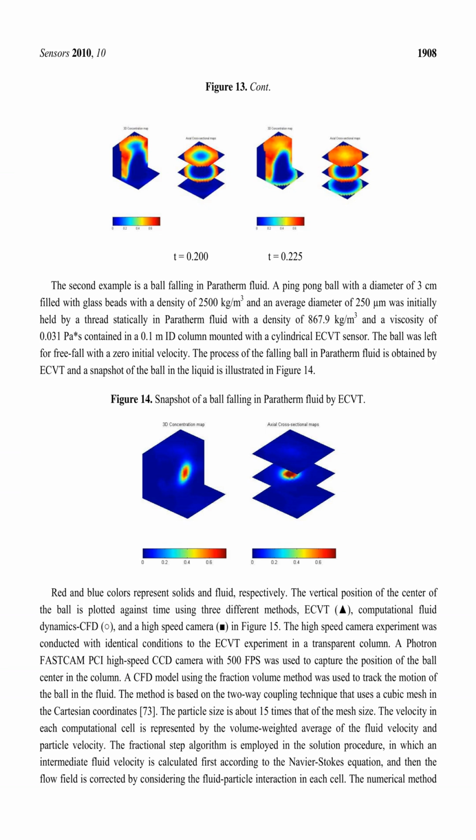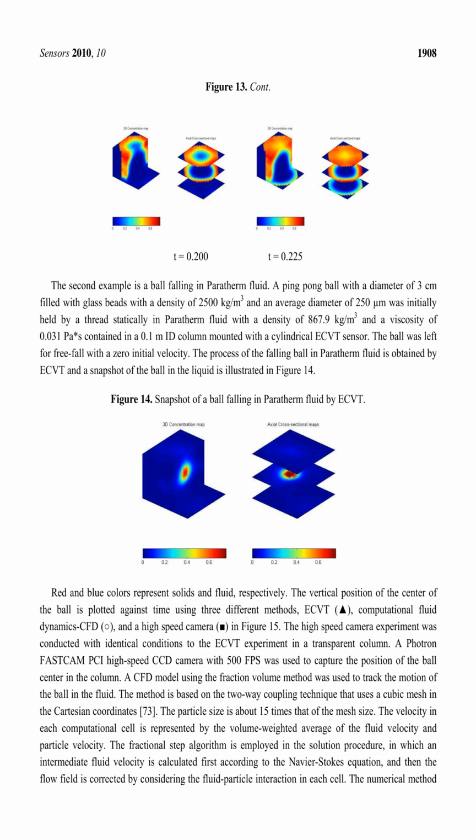Figure 13 continued. T equals 0.200. T equals 0.225. The second example is a ball falling in paratherm fluid. A ping-pong ball with a diameter of 3 cm, filled with glass beads with a density of 2,500 kilograms per meter cubed and an average diameter of 250 microns, was initially suspended by a thread statically in paratherm fluid with a